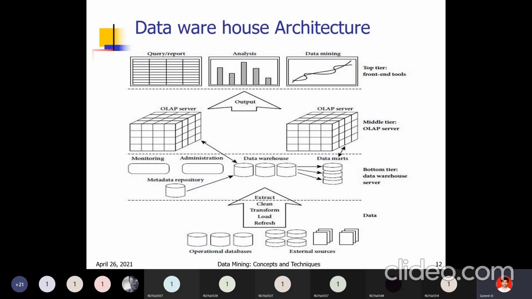The relational OLAP model is an extended relational DBMS that maps operations on multidimensional data to standard relational operations. So this OLAP model is an extended relational DBMS model. In DBMS, a relation means a table, which consists of rows and columns only. But here, along with the 2 dimensions, it consists of another dimension, so 3 dimensions.